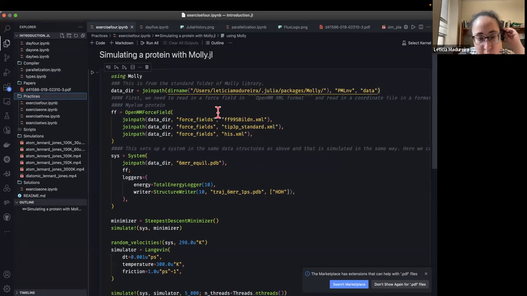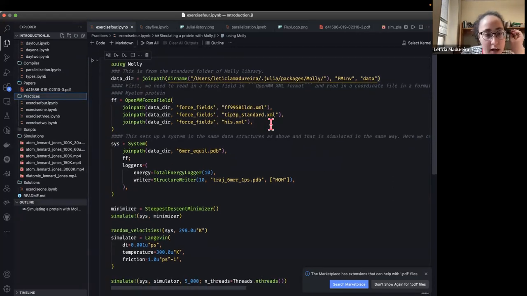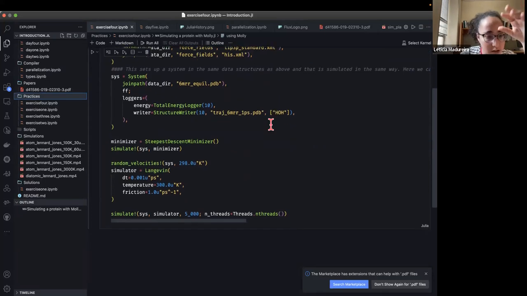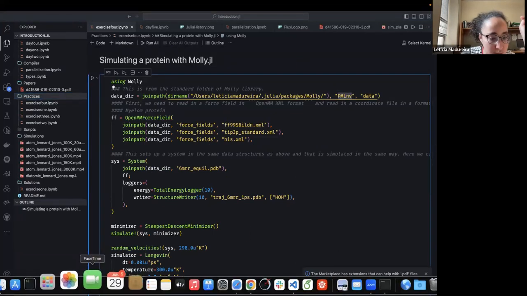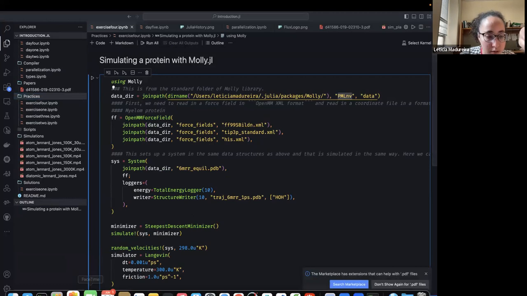I will make some minor changes on that today, for the sake of visualization after the simulation. That's why we won't run this protein simulation today. We'll run that tomorrow. And when you install the Molly package, and this I will show in the terminal,